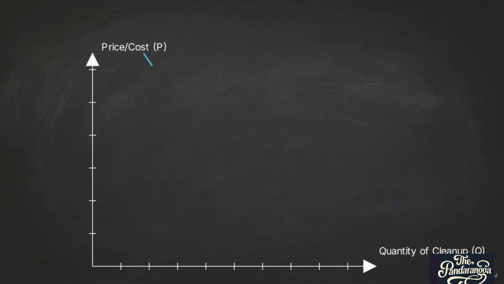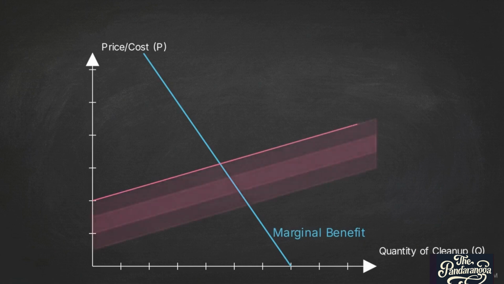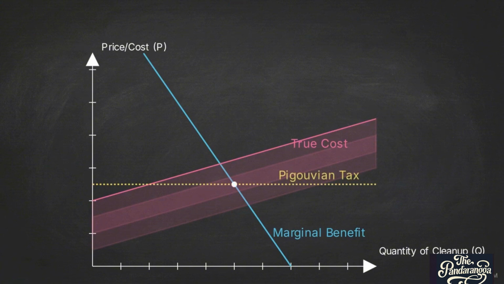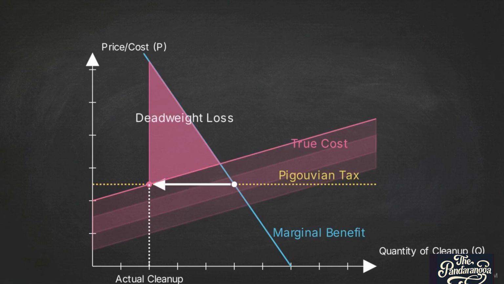The government knows the environmental benefit of stopping the damage, but it does not know exactly how much it costs private firms to clean up. This guesswork creates a blurred marginal cost curve intersecting our steep benefit line. Choosing a price method, a tax, is highly dangerous when the marginal benefit of reducing pollution is incredibly steep. If the government sets the tax too low, the market reaction is catastrophic. The resulting deadweight loss triangle is massive. If firms find the tax cheaper than cleaning up, they simply pay it and continue polluting past the tipping point.